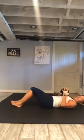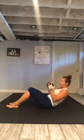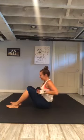Holding that weight close to the chest, so you want to make sure you're not rolling up like this. Shoulders stay back. It's all in the core, you guys. Probably should have thought twice before I had a little tie back here. My lower back is getting all...